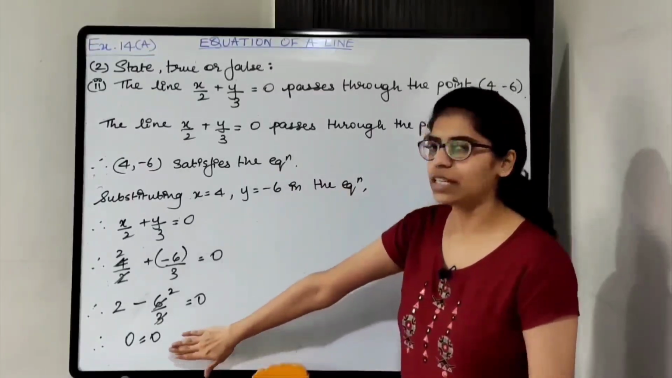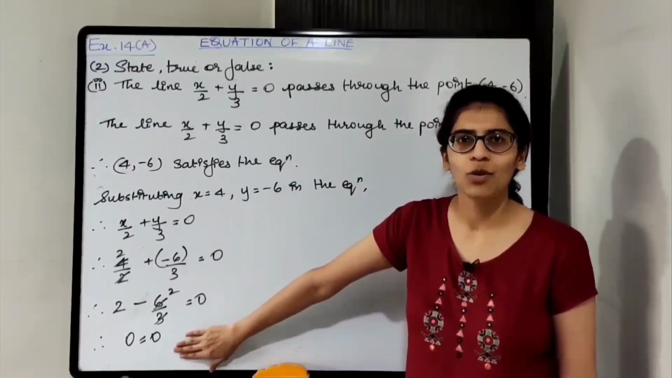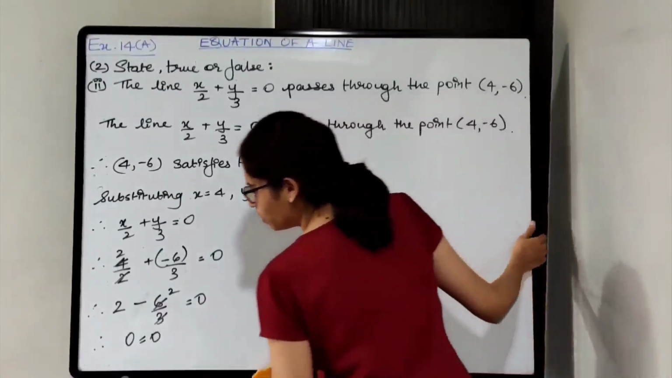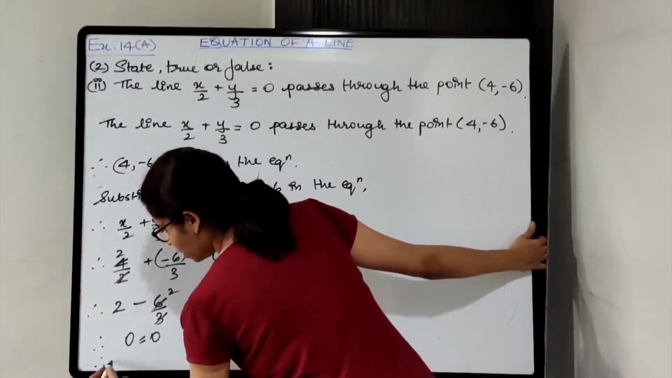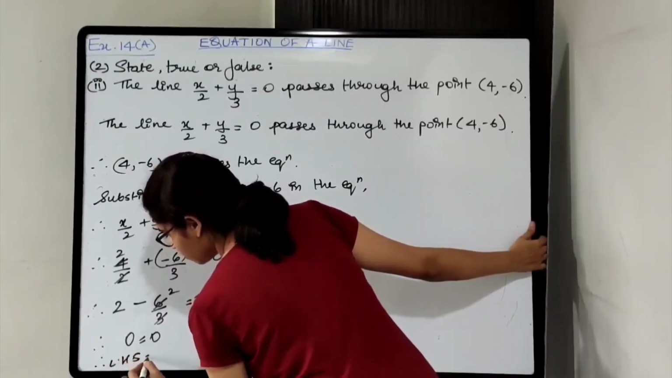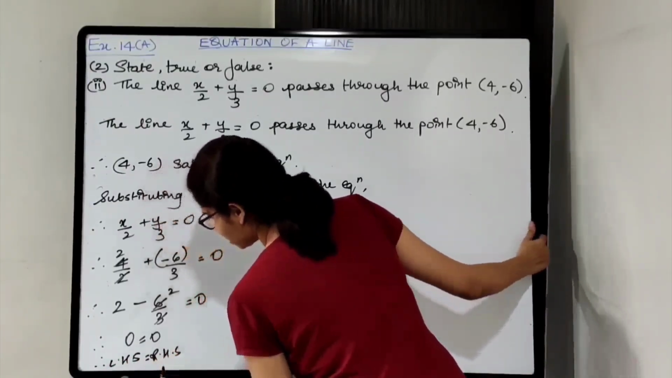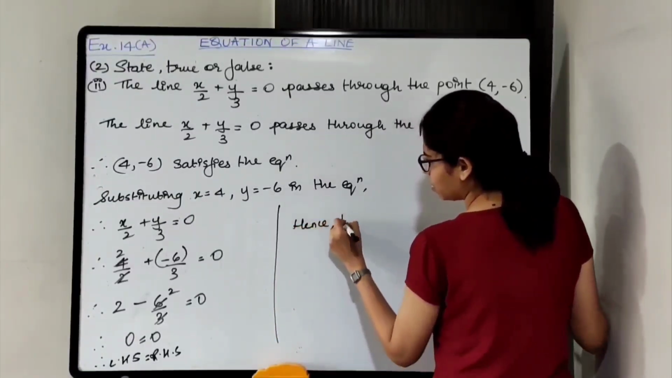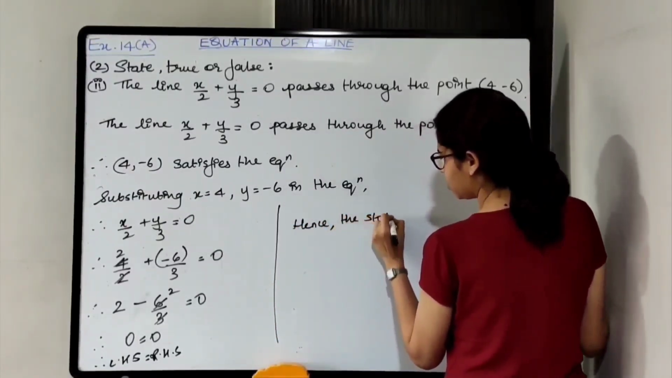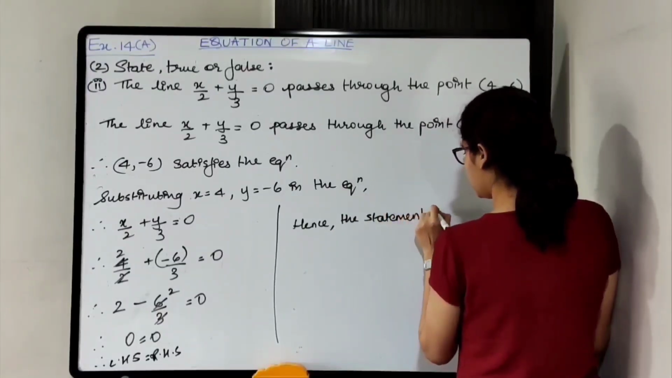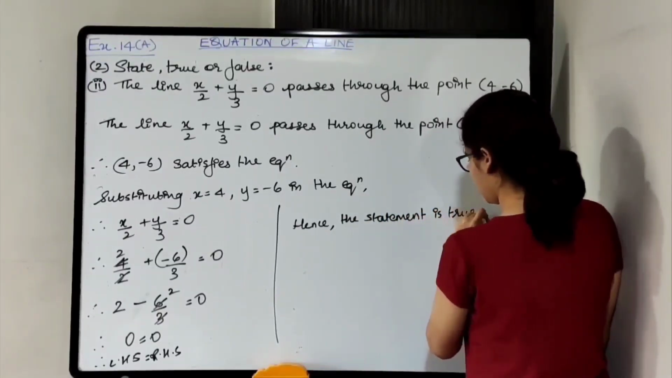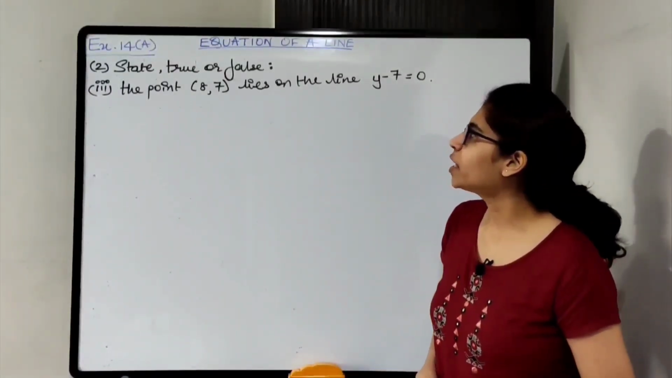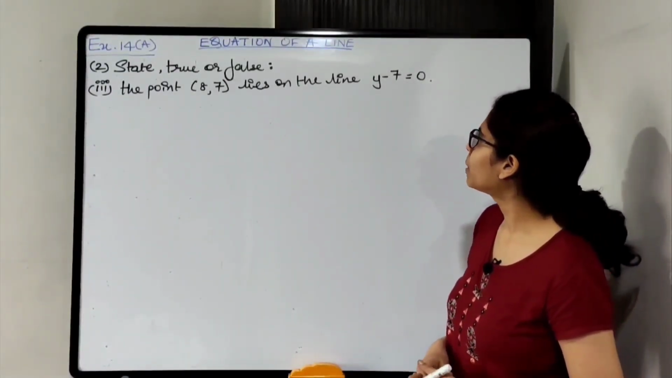So we are getting LHS equal to RHS, therefore it is passing through the point. So write down, therefore LHS is equal to RHS, hence the statement is true. Next part, third part of the question, the point 8,7 lies on the line y minus 7 equal to